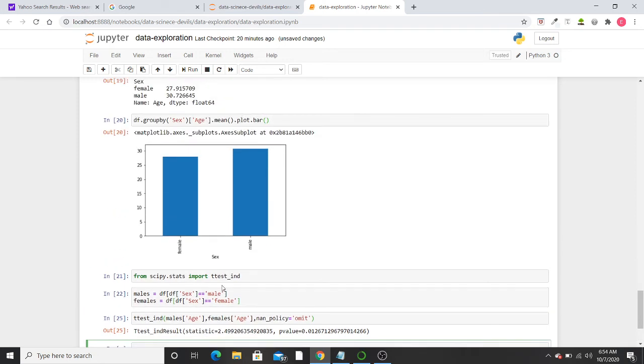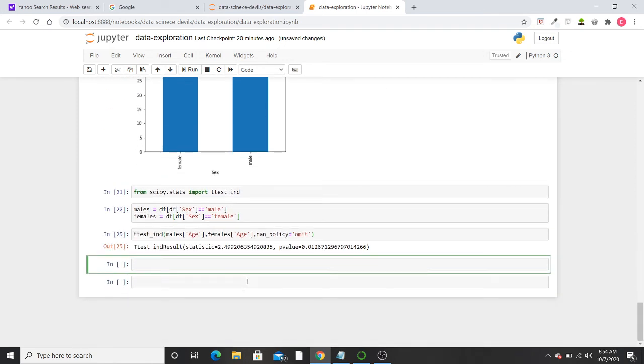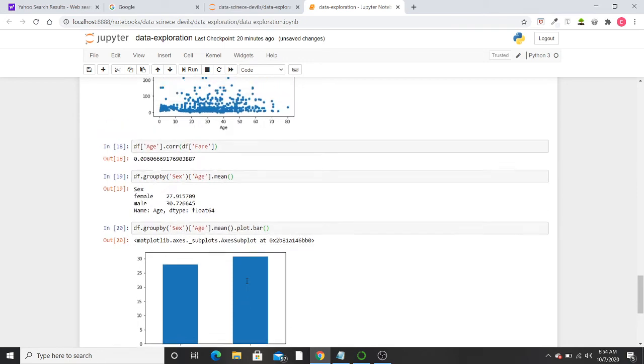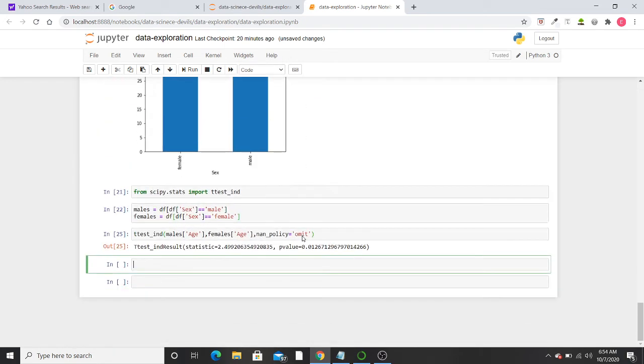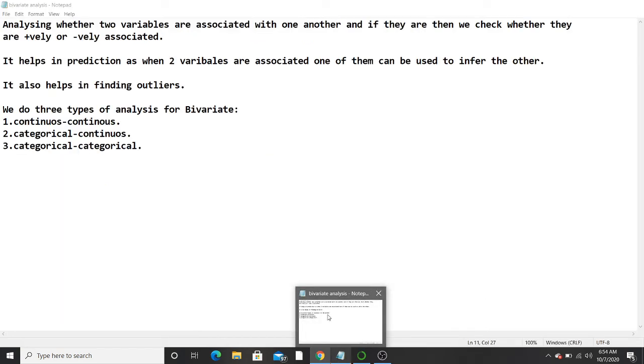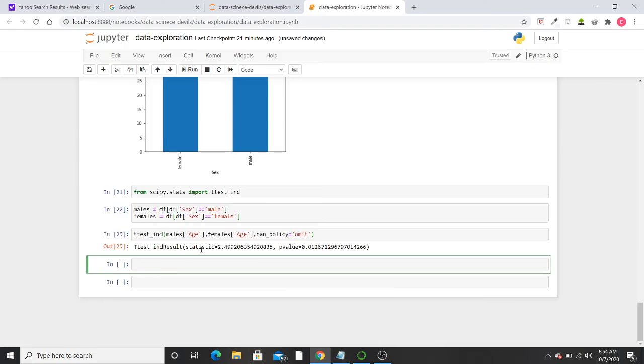So this was about continuous and categorical variables, the bivariate analysis for continuous and categorical. And the first one we did was for continuous and continuous. Now the third and the last is when both the columns or both the variables are categorical in nature. So when both are categorical in nature, what